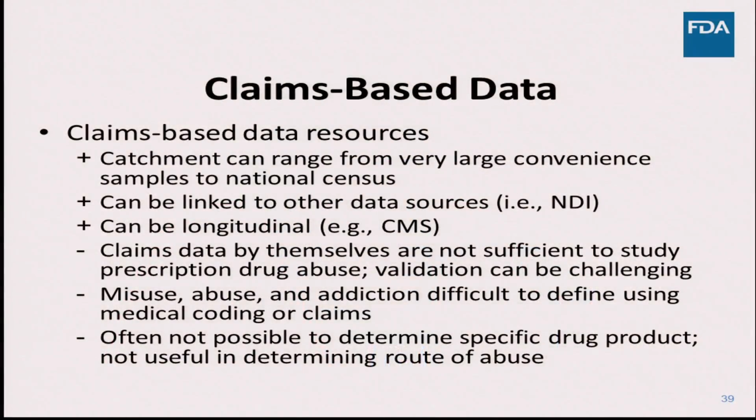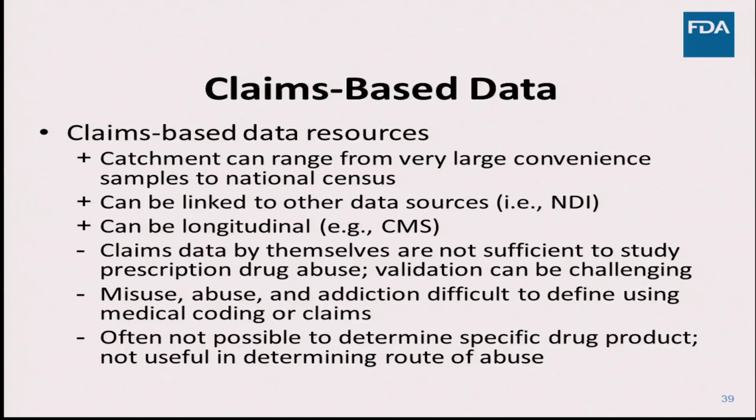And the last category is claims-based information. Now, these are most useful, obviously, for clinical outcomes such as overdose and death. They're less useful for the outcomes of misuse and abuse, although FDA has requested industry do studies that assess potential algorithms for measuring misuse and abuse, to create and validate potential algorithms to assess misuse and abuse in claims data. And this is part of a series of safety studies of extended release and long-acting opioids and folks who use those long term.